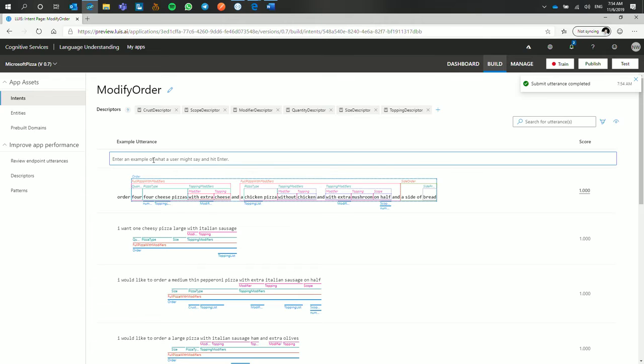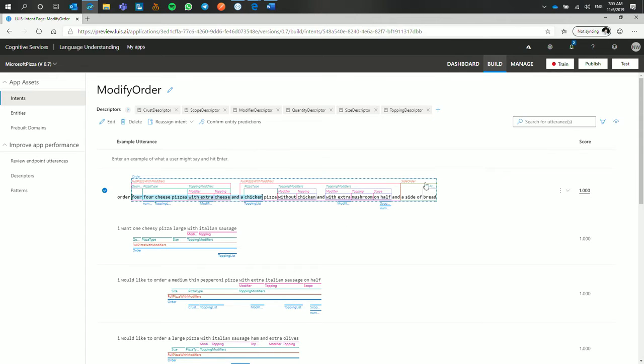So this is an utterance that I've added to my model. As you look here, there are predictions. Previously, your predictions and your labeling were confused with each other. So predictions are now much clearer. This is a trained model, so it comes with a full prediction, but let me actually go and label this.